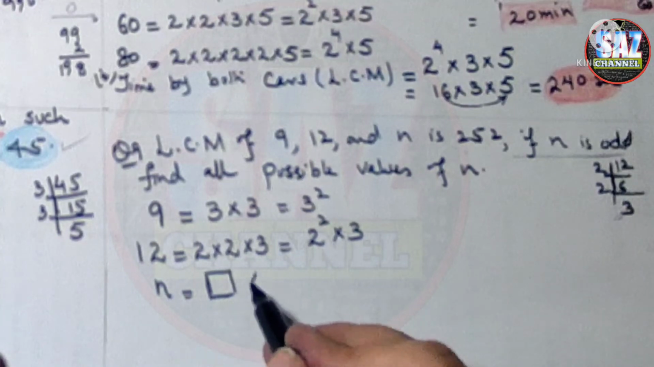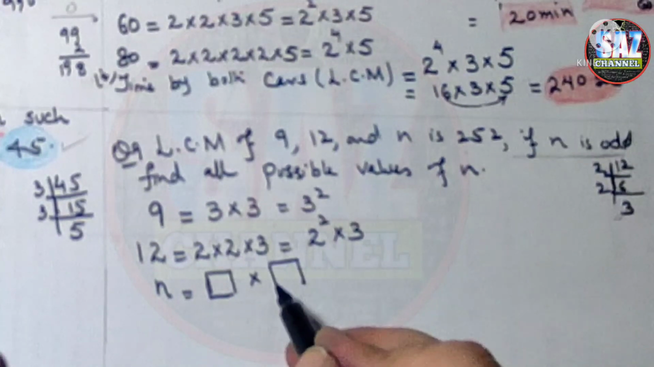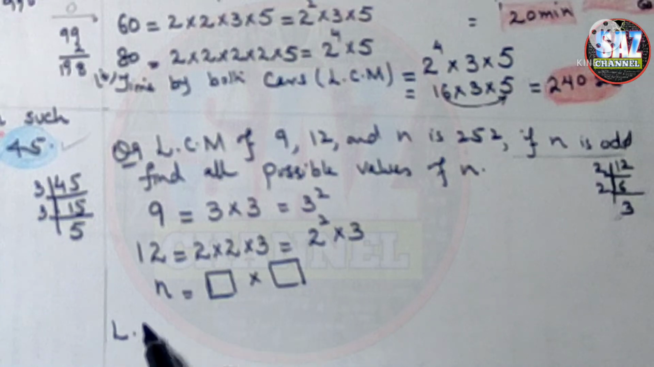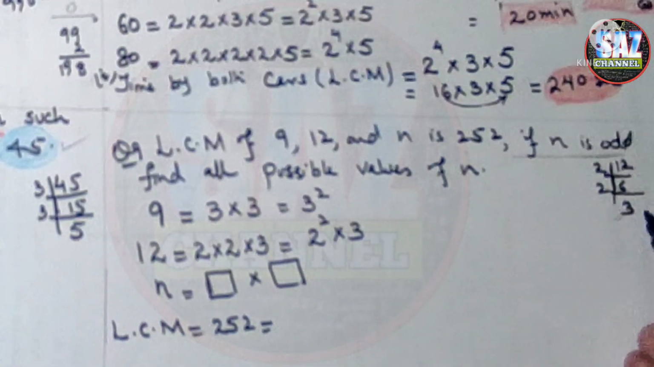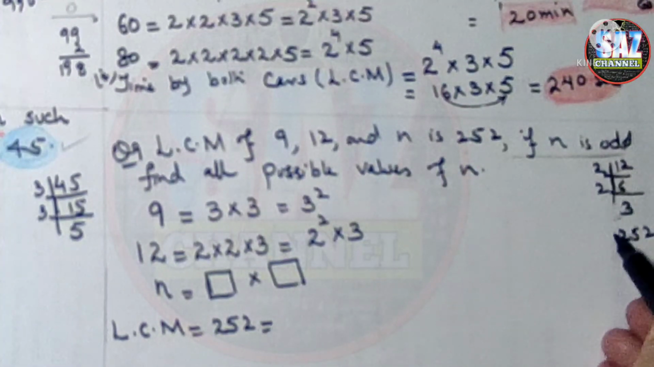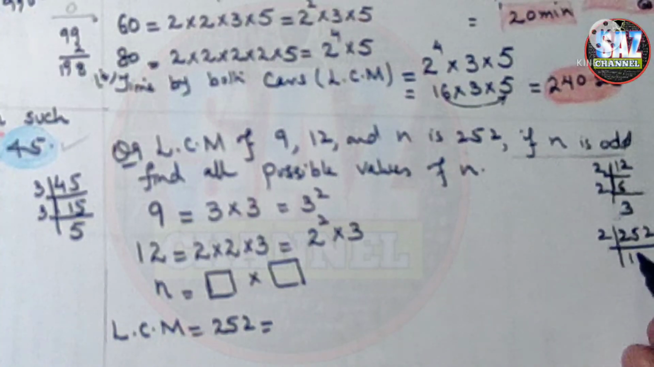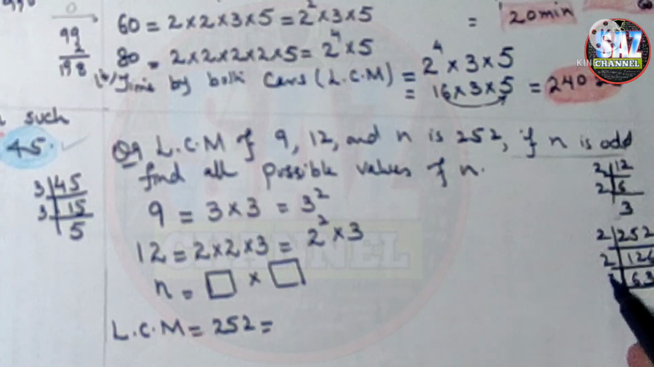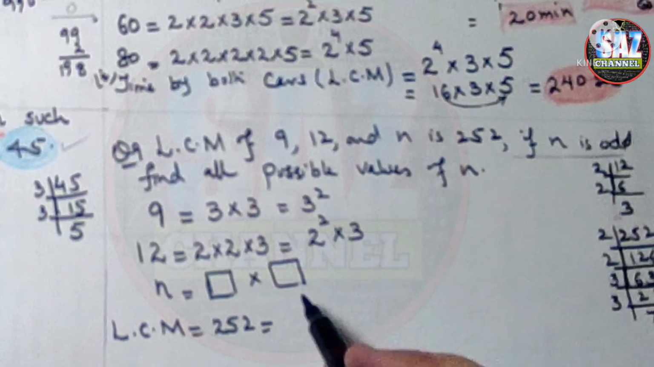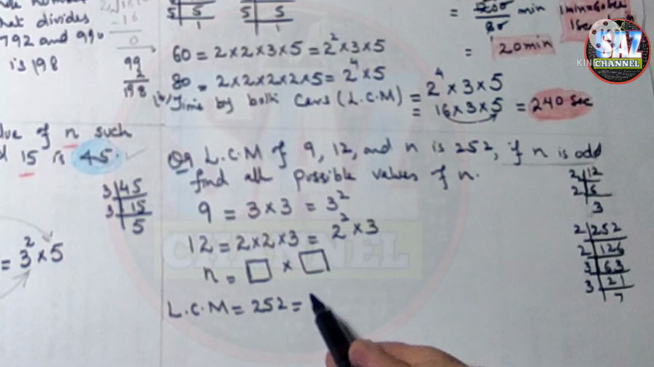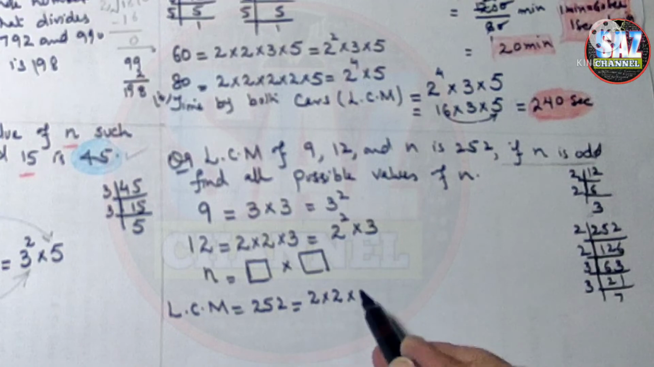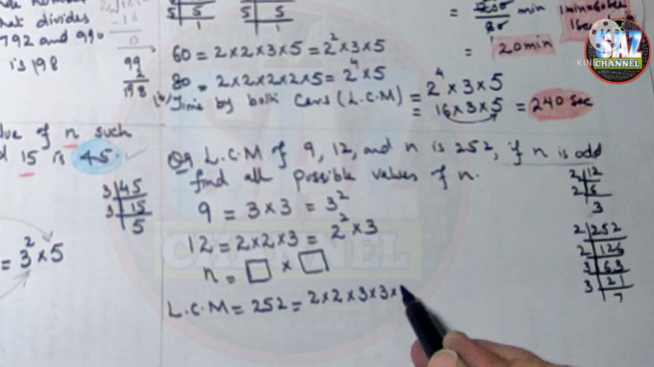Okay, we do not know, it's a guess game. And the LCM of all these numbers equals 252. Let's write 252 as a product of prime factors. 252 divided by 2 is 126, divided by 2 is 63, divided by 3 is 21, divided by 3 is 7, and 7 divided by 7 is 1. Now the prime factors of 252 are 2 multiplied by 2 multiplied by 3 multiplied by 3 multiplied by 7,